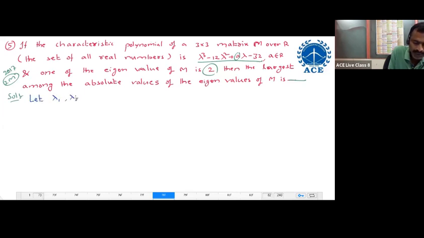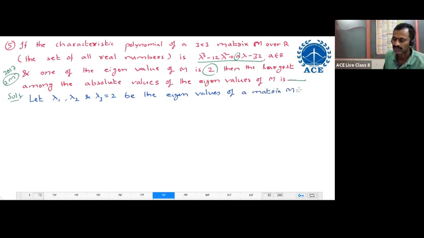Let lambda 3 equal to 2. Let us suppose one of the eigenvalues is 2 and the required eigenvalues are lambda 1, lambda 2. Be the eigenvalues of a matrix M. Then, according to the second property, first result, the sum of the eigenvalues lambda 1 plus lambda 2 plus lambda 3 equal to